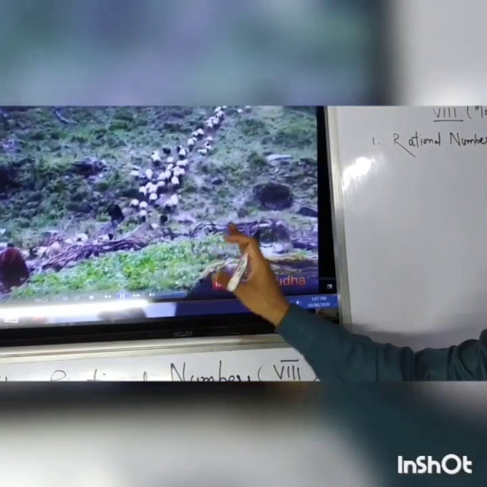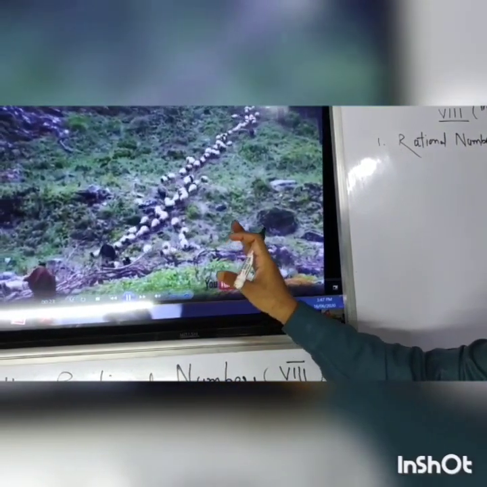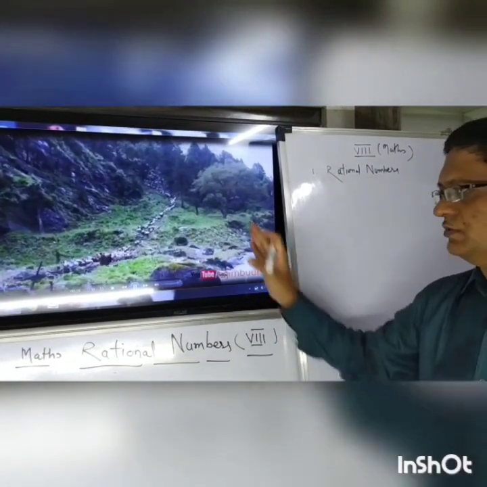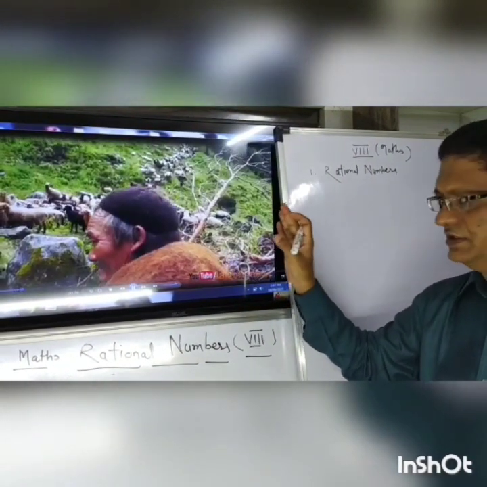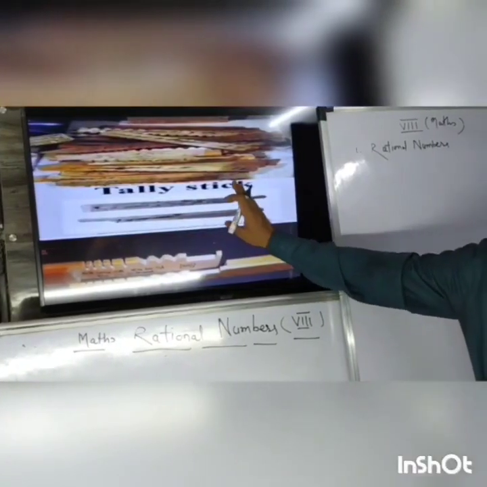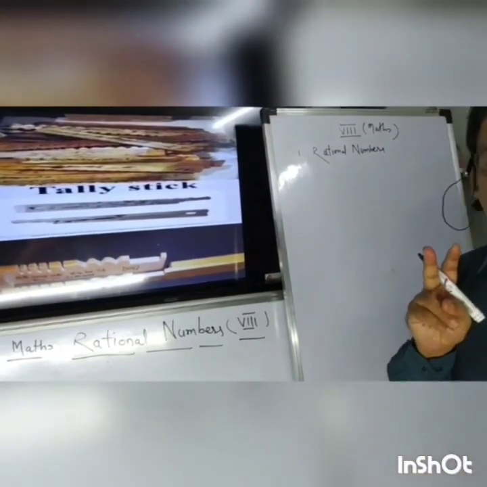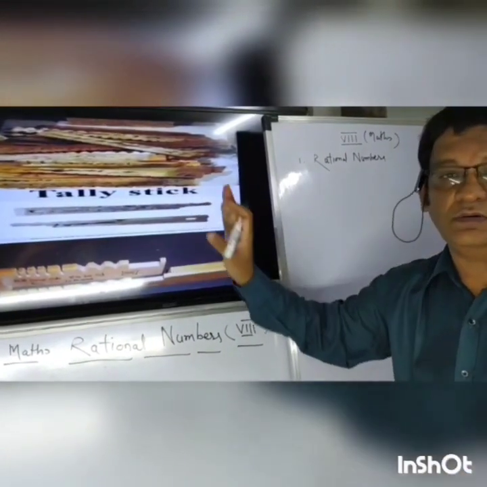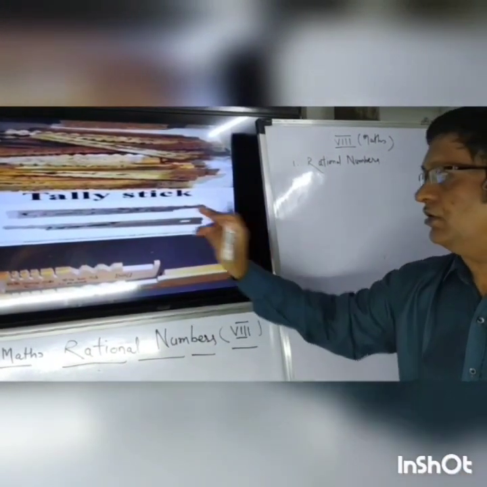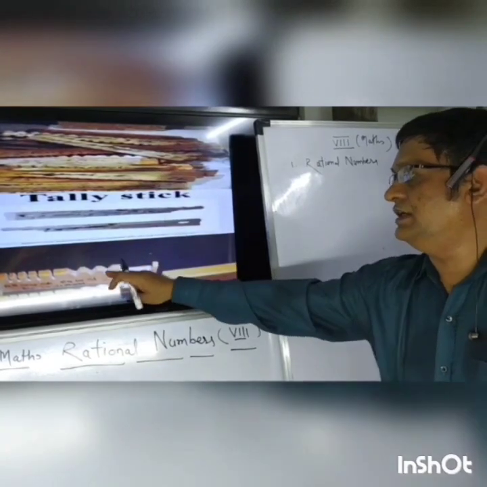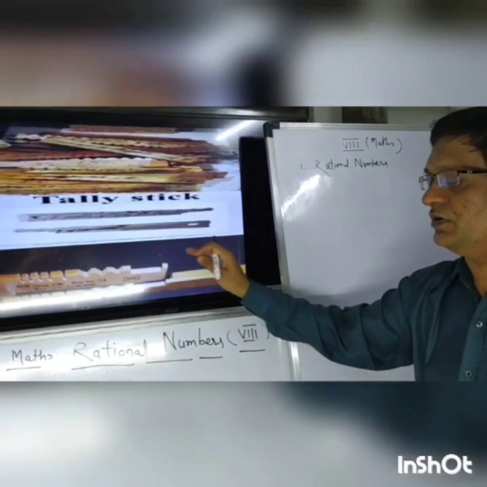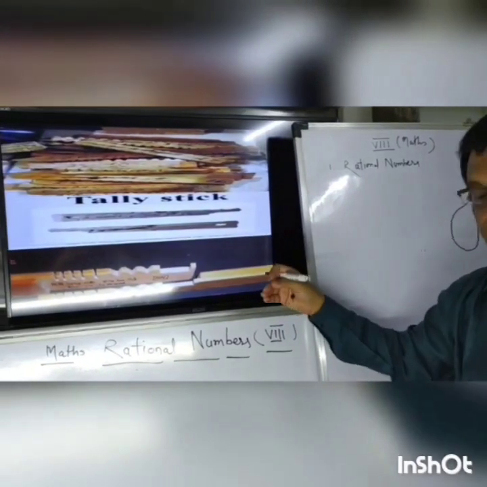They used the tally stick. About 400 BC, these Roman numbers were discovered by these Roman shepherds. The tally stick has two different functions. First of all, it was used for counting, and second, there was some written work on the tally stick, so it was used as a memory object.